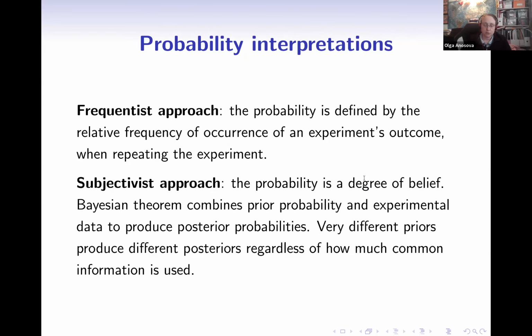Well, and indeed, there are 2 types of dealing with things. One is Kolmogorov's frequentist approach, when the probability is defined as a relative frequency, well, the number of positive outcomes out of all. But there's also a so-called Bayesian approach, which is more subjectivist and starts from so-called prior probabilities, which are derived from some kind of previous knowledge, or is so-called uninformative and comes from just a set of known distributions.